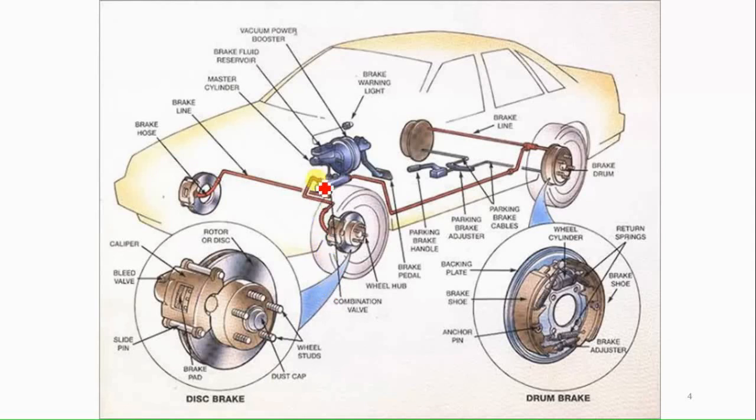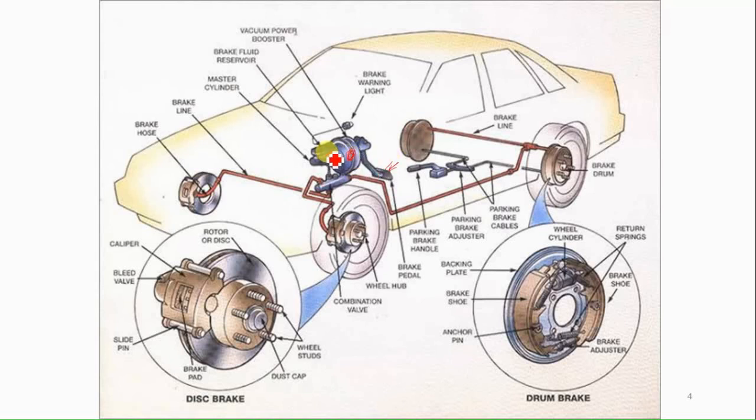Now here you can see a basic diagram of a vehicle or car. You see the basic layout of the braking system. Here this is the pedal, where the force is applied, and this is the lever through which the force goes. This one is called the power booster, sometimes called the vacuum power booster, and this power booster magnifies the effort of the driver.